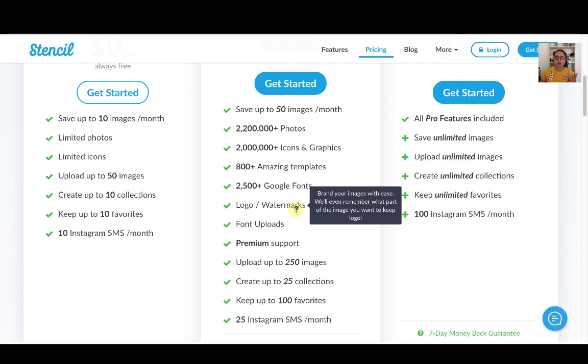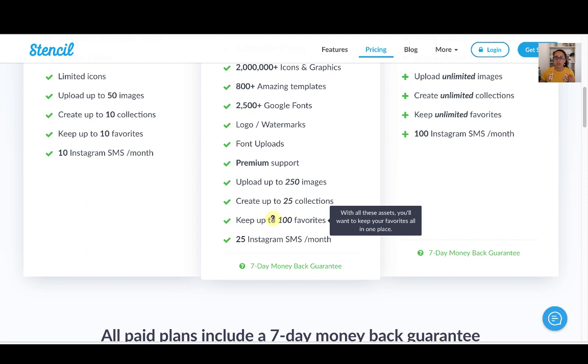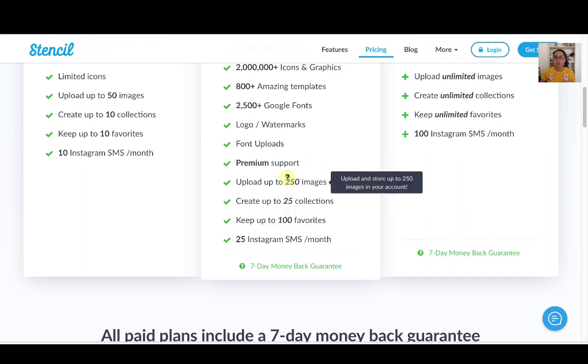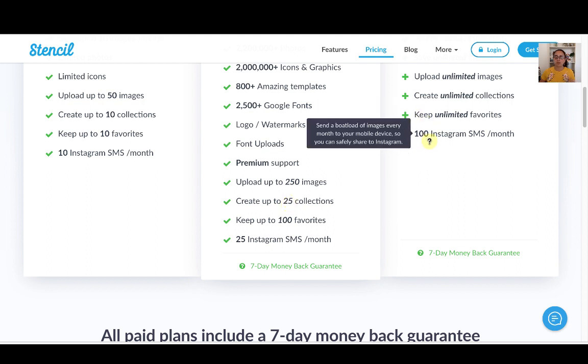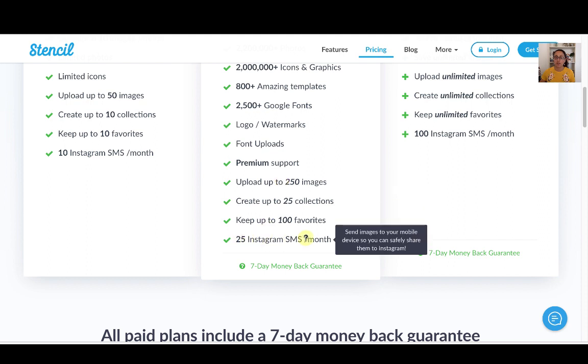images, your watermarks, everything. You get premium support. They have a great support. You can upload up to 250 images, 25 collections, and 100 favorites. This gives you a good chunk for your bucks. So if you're just starting and you don't want to go with the limited 20 bucks a month, that's okay. Just go for this. This is more than enough, and it comes with the Instagram feature of texting the photo